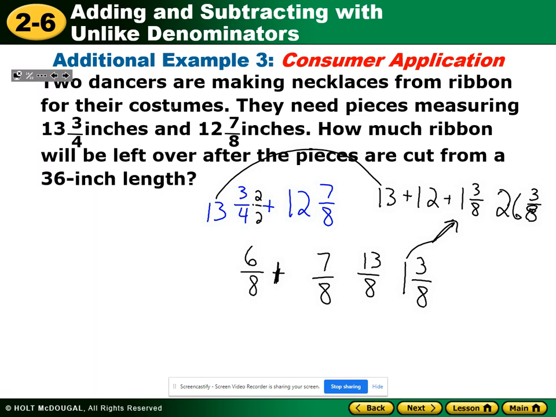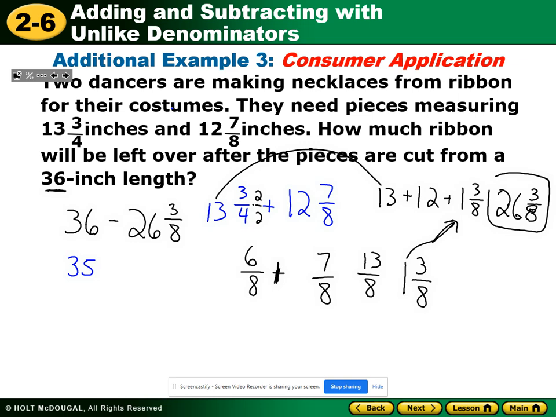Hey, I've got how much ribbon they use. Well, this is how much ribbon they use, 26 and 3/8. I want to know how much is left out of 36. So we have to do some subtraction. We have 36, and it's minus 26 and 3/8. That's not math we're used to doing, but if we use a little bit of thinking, hey, couldn't I say